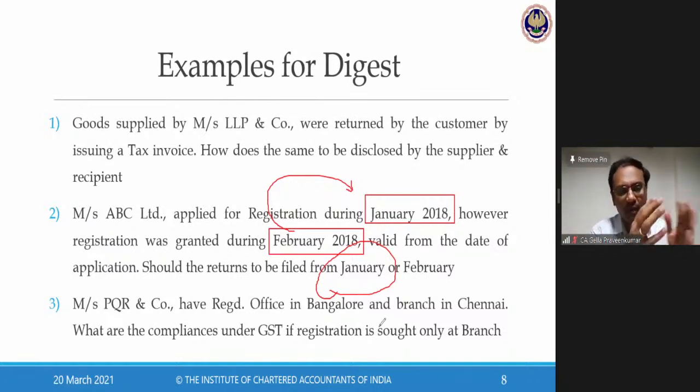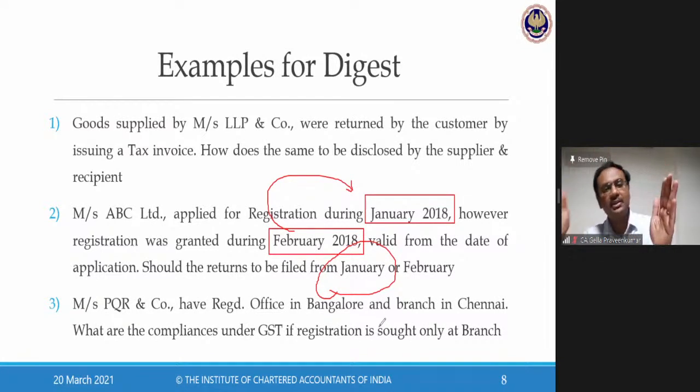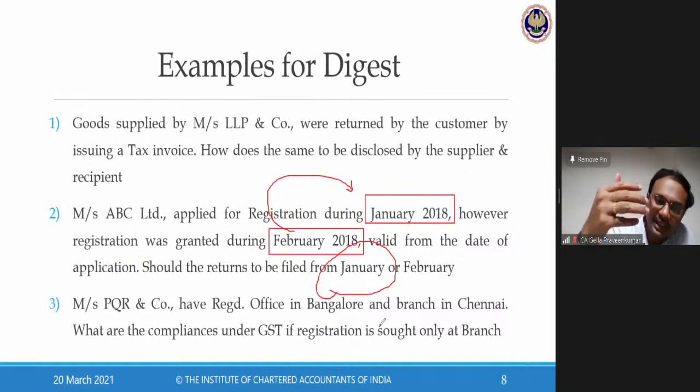I have a customer who wants to avail the benefit of input tax credit on my tax invoice. For that, there's one concept called first return. That provision says nothing to worry. From the day your registration is granted, that is 15th January, till 31st January, all the invoices you have issued from 15th Jan to 31st Jan, you can very well show in your first return, that is in the month of February 2018, and then you can file your return for the month of February. This is one common practical issue most of you will come across.